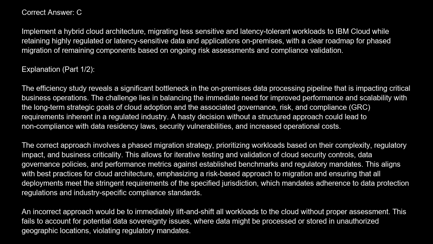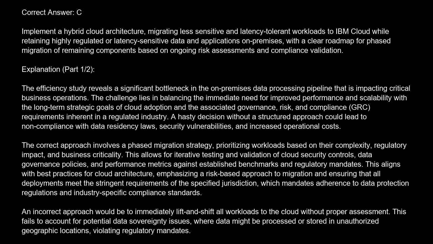The correct answer is C. Implement a hybrid cloud architecture, migrating less sensitive and latency-tolerant workloads to IBM Cloud, while retaining highly regulated or latency-sensitive data and applications on-premises, with a clear roadmap for phased migration of remaining components based on ongoing risk assessments and compliance validation. Explanation. The efficiency study reveals a significant bottleneck in the on-premises data processing pipeline that is impacting critical